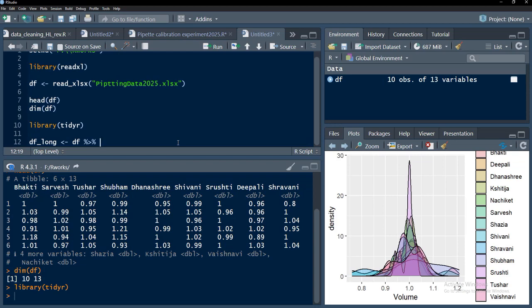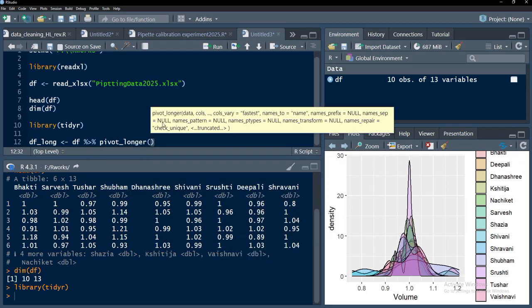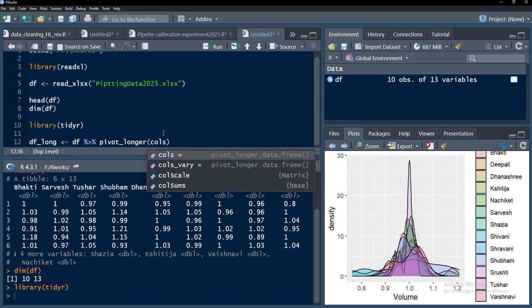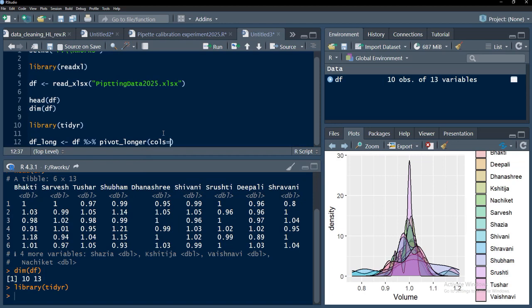That next function is pivot_longer, and if you see the yellow box here, that is the tooltip text, that tells us that the first argument shall be the data, and the data argument we are piping in, therefore it's not necessary here. Then the second argument is cols, and those cols I will just say cols is equal to, and 13 columns are there. I will go for 1 to 13,